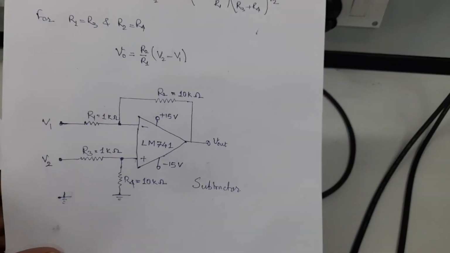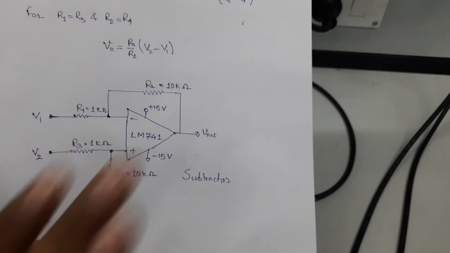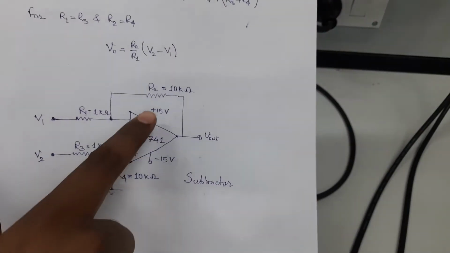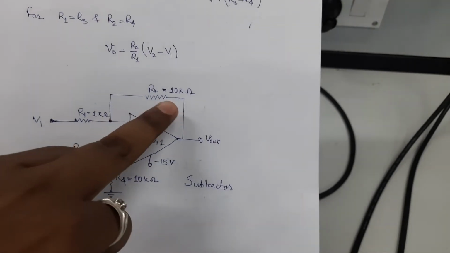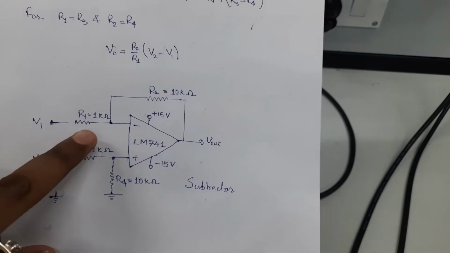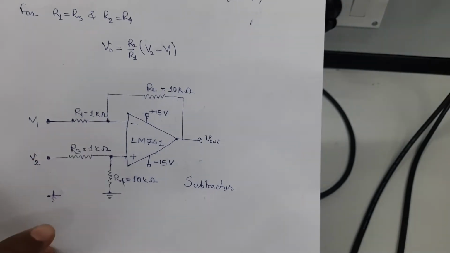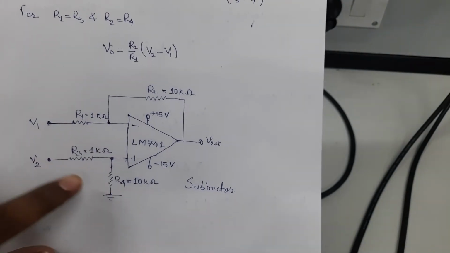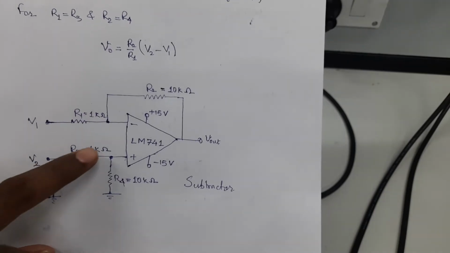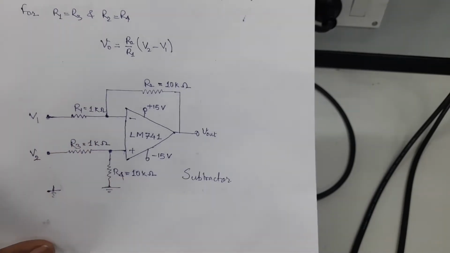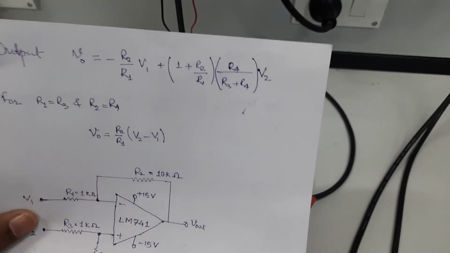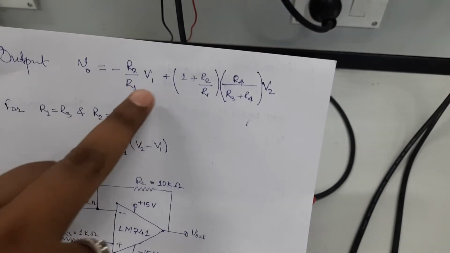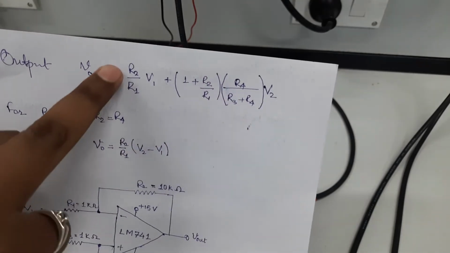So this is the circuit. I have drawn it very clearly. Previously in the adder-subtractor I used R2 as 10 kilo ohm and R1 as 1 kilo ohm, and here for R3 and R4 I also assumed and connected 1 kilo ohm and 10 kilo ohm. If you see the gain of this differential amplifier, the output of the amplifier will be defined as